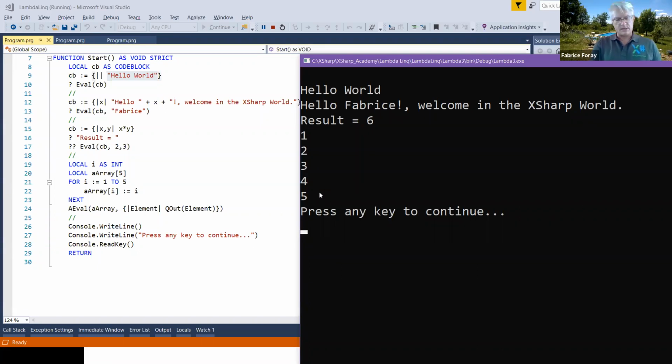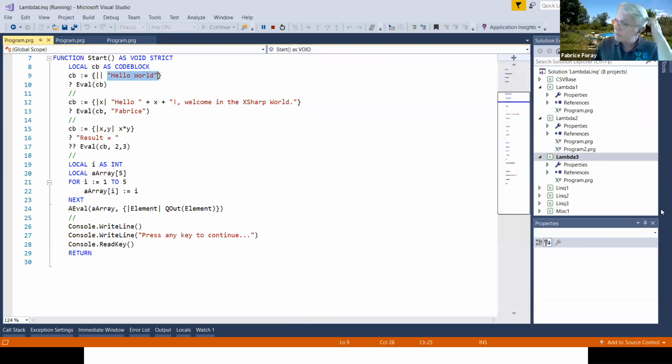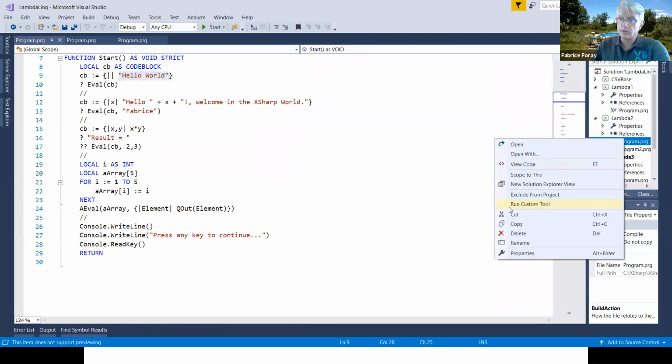So again, Lambda and Anonymous are nearly the same. Code block is something else, but it's the same mechanism for the Vulkan of the VO dialect. The question could be, okay, we are using code blocks in our VO or Vulkan or X# code for example, some filtering and some selection, but how can we use it in a pure core dialect in X#? That's what we will have here. It's how to use this